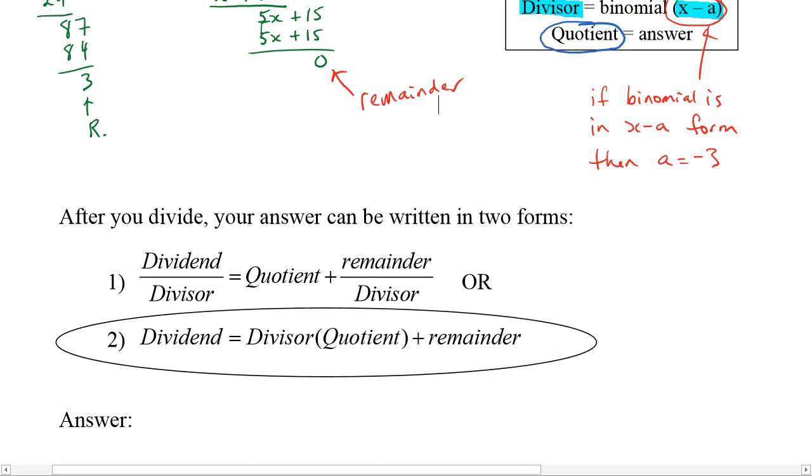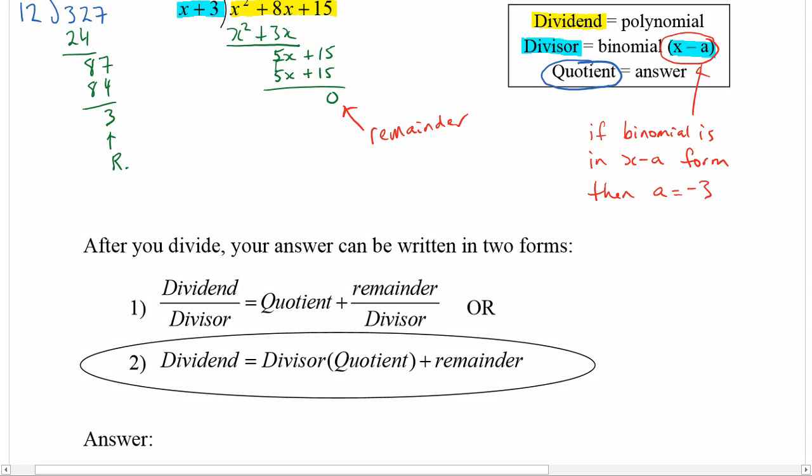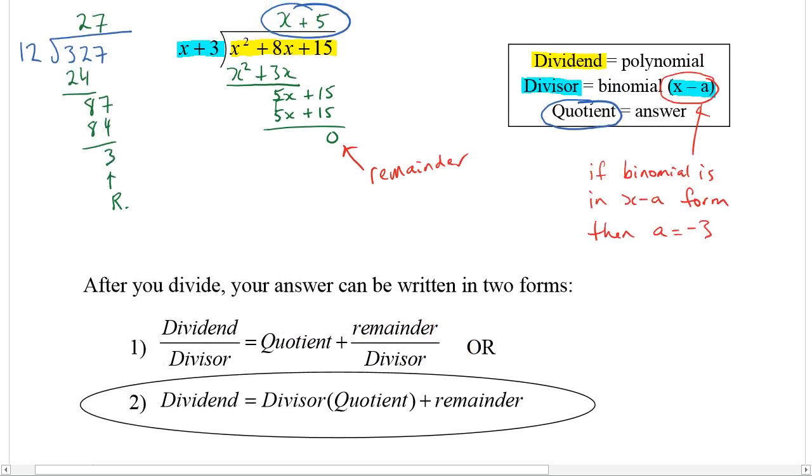In the first way we can do it, we can say the dividend divided by the divisor is equal to the quotient plus the remainder over the divisor. Well, let's try to put that example here in that form. So our dividend was our big polynomial, so that would be my x squared plus 8x plus 15 divided by the divisor. My divisor was x plus 3